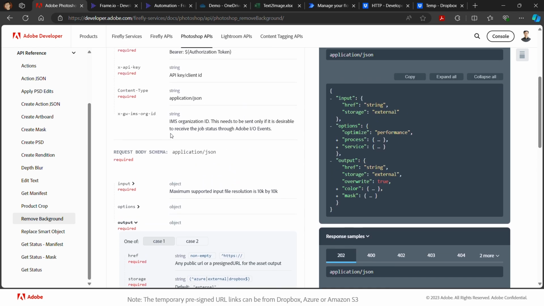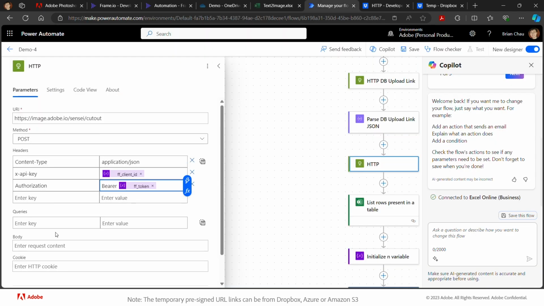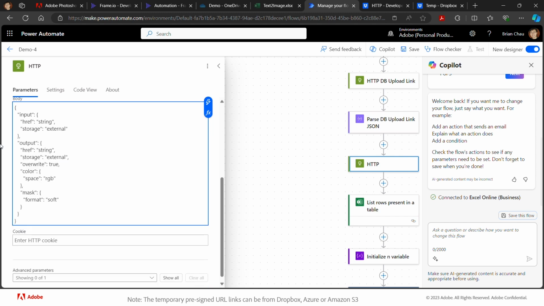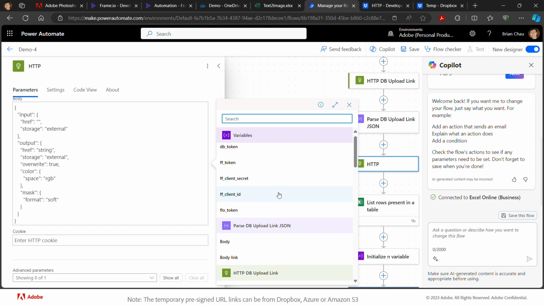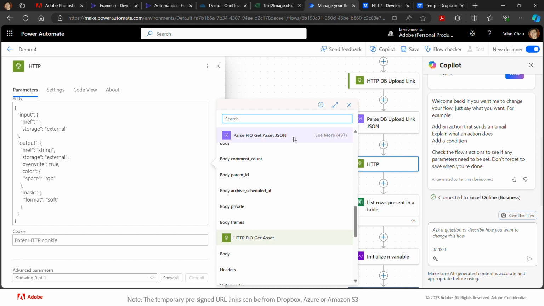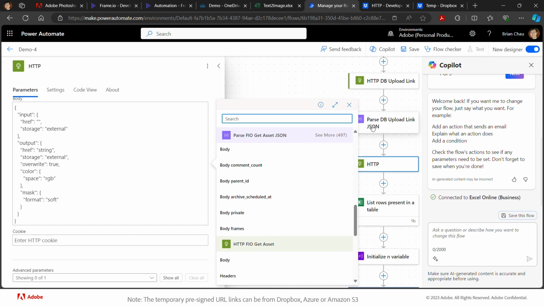So to make sure that we got everything right, we just copy this as a template, and then in the body we paste it here. I'm going to delete those options because I don't really need that. Just keep it simple, right? So the input comes from Frame.io, right? If I look into the dynamic content, it would be coming from, remember that we've got this,